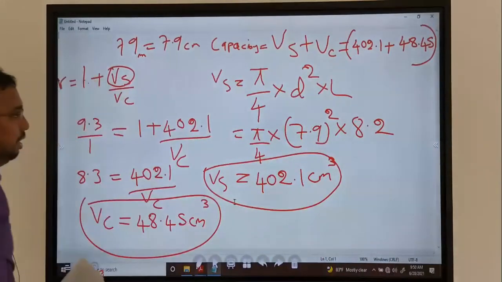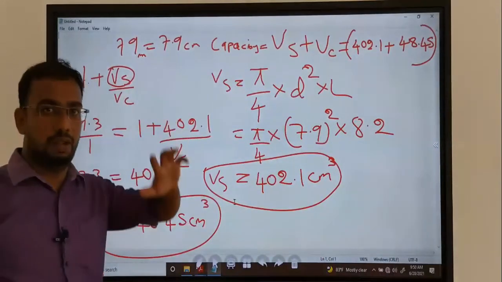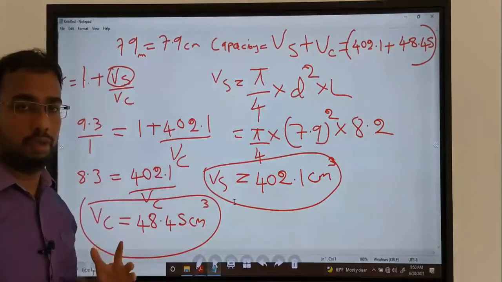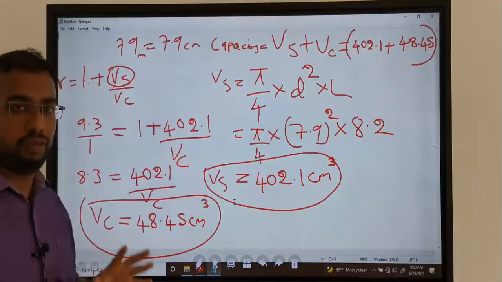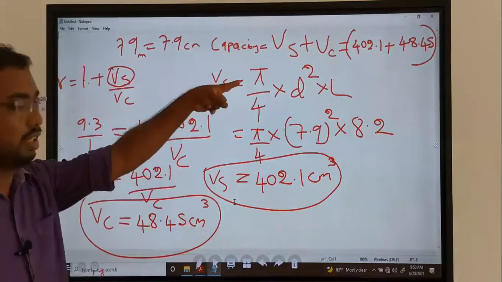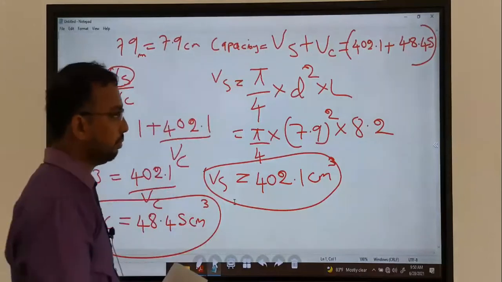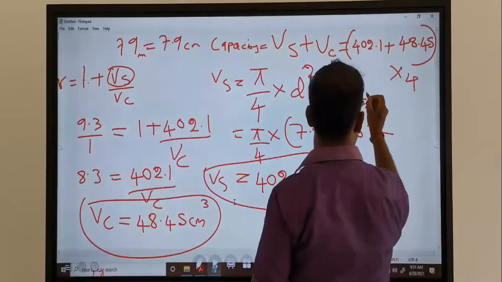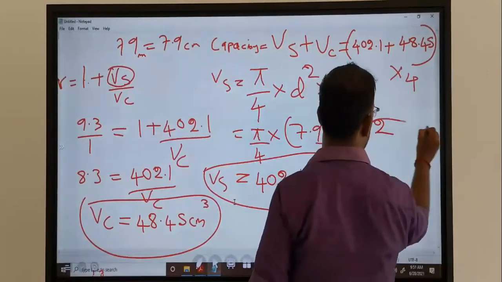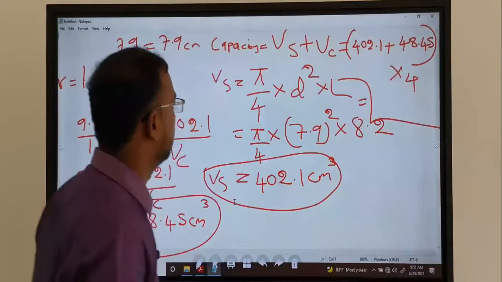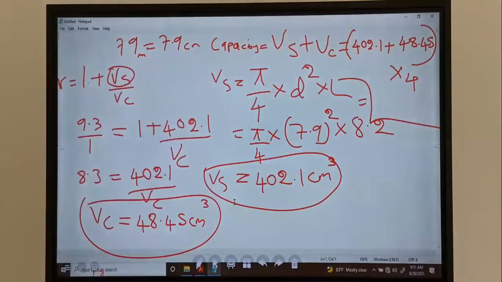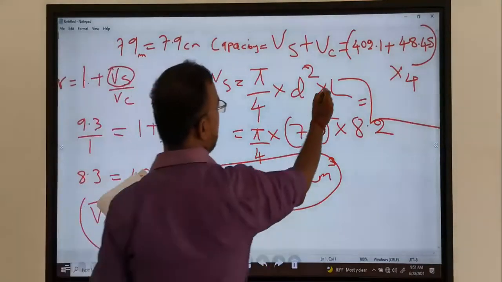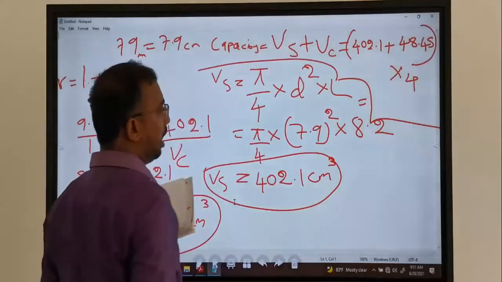No. This is for one cylinder. But here they told four cylinder. The engine has 4 cylinders. So this is the volume of one cylinder multiplied by 4. So then the answer will be